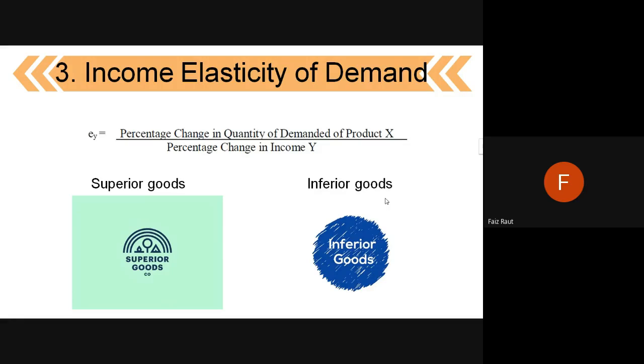If the income of the person changes, then it will not be as per the law of demand, because the price of that inferior good has not changed, so the quantity should also not change. But the income factor is affecting the demand for that inferior good, and the person who is getting more income is dumping the inferior goods and switching over to superior goods. So that is one thing we can observe. If the income is not increasing that much, then the demand for inferior goods will go up as the income is increasing. But if the income increases much more, he will shift to superior goods, and the demand for inferior goods will go down. Okay, so last thing,